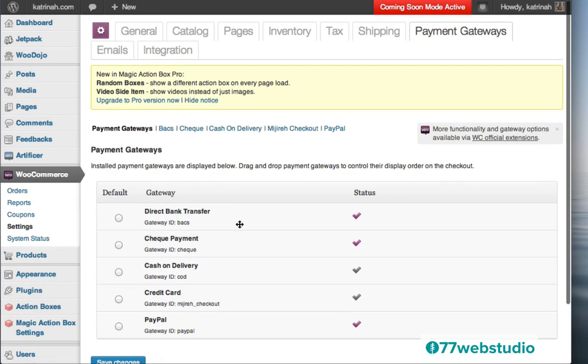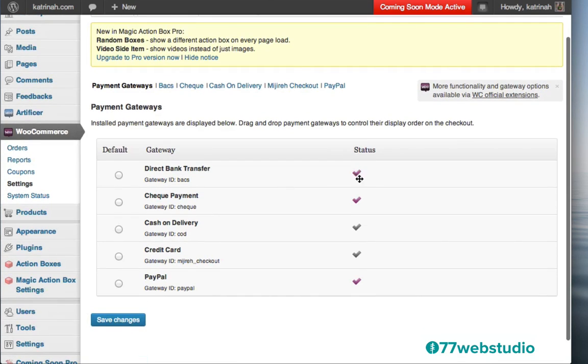And here we are on the Payment Gateways page. So note that these little purple check marks indicate that these different payment methods are active. So direct bank transfer, check payment, and PayPal are active. I actually first want to set a default. In this video, I'm going to be using PayPal as my payment method. Of course, there's all these other ways that you can choose if you'd like for a payment method. I'm going to click on PayPal right here as my default payment method and click on Save Changes.